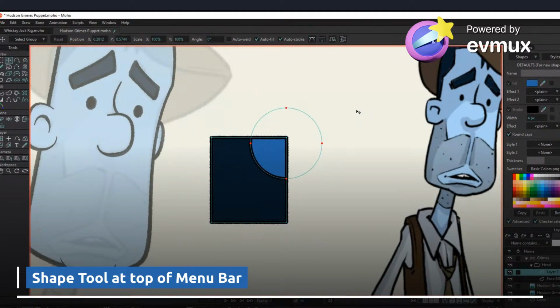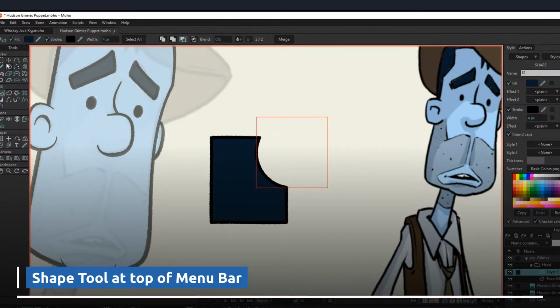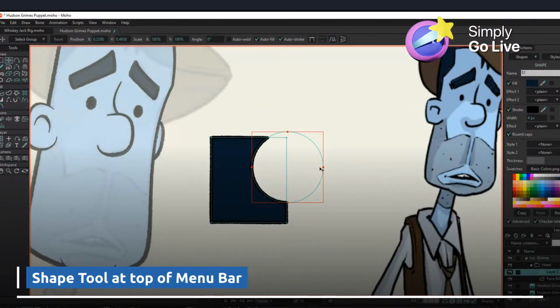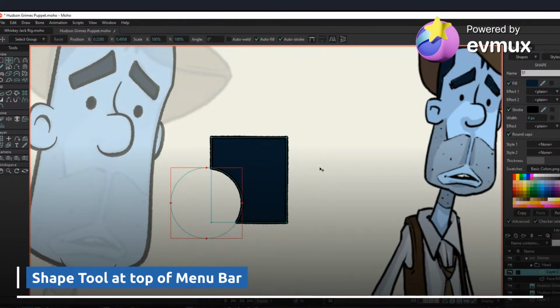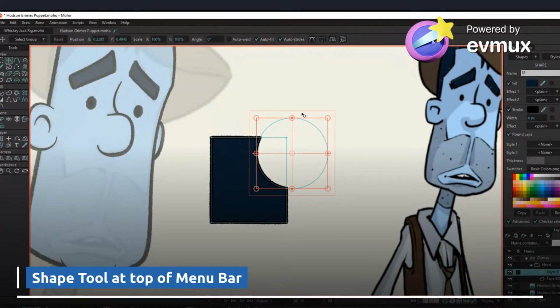You only see the shape where it overlaps. But if I have this shape selected and I do subtract, the shape is still there, but it's subtracting from that. Now another neat thing is it gives... Oh, one second.